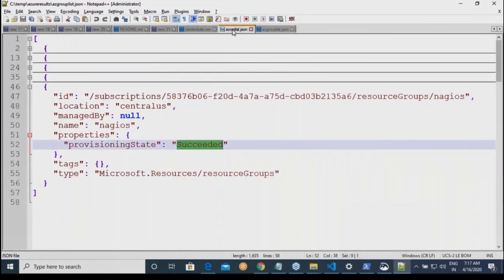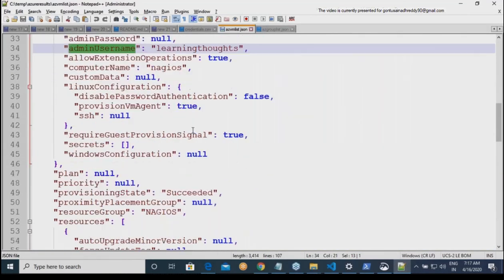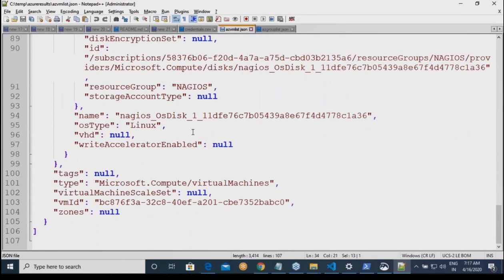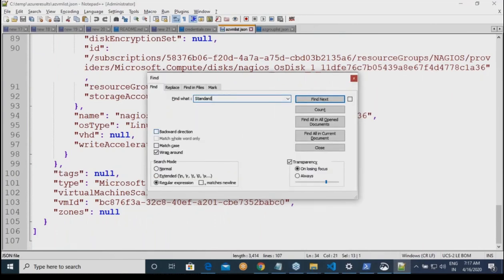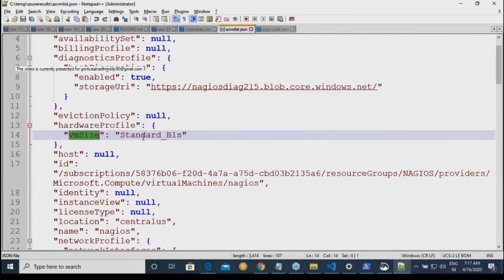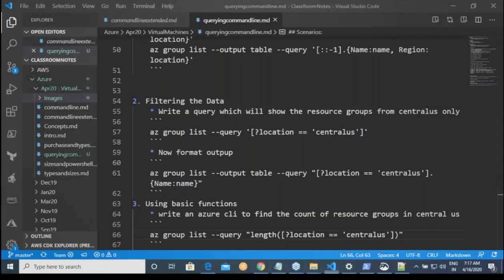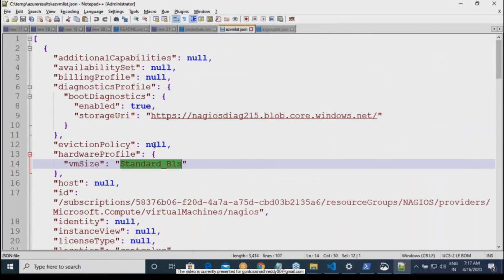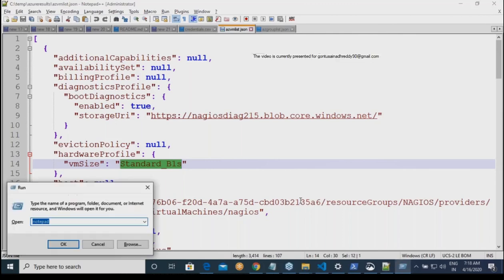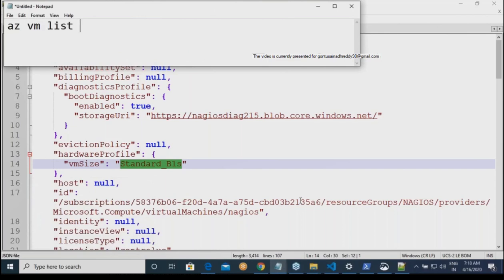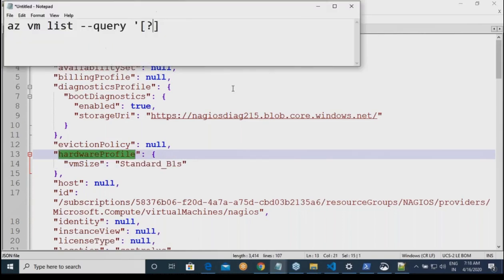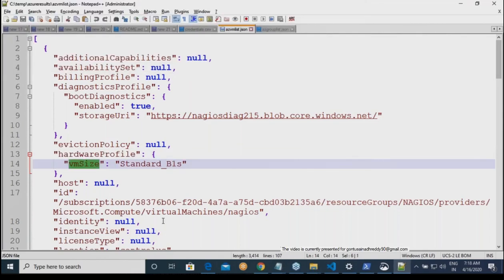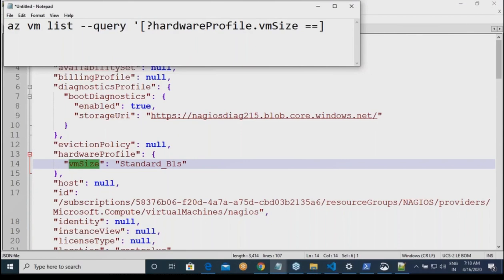Now for this, the most important thing you need to understand is the structure. So for example, if you look at this machine, standard_B1S. Let us assume that someone asks you to write a query where the VM size of the machines is standard_B1S. Then your query will be something like az vm list --query. Now just understand this. You have some value, question mark. Where is the value? It is present in hardware profile. And inside hardware profile, you have something called vmSize. So .vmSize is equal to